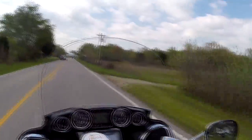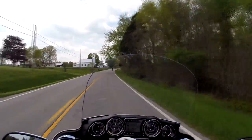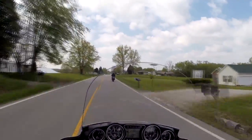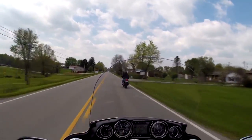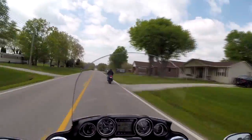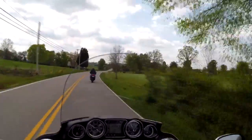He's fast, but it's not a whole lot faster than my bike. He'd leave me sitting over time, but I've got a lot quicker takeoff anyway. And he could curve faster than me. That just tells you, I mean, that's a 750, this is a 1700. That shows you the difference between a sport bike and a cruiser. Making sure we don't need to